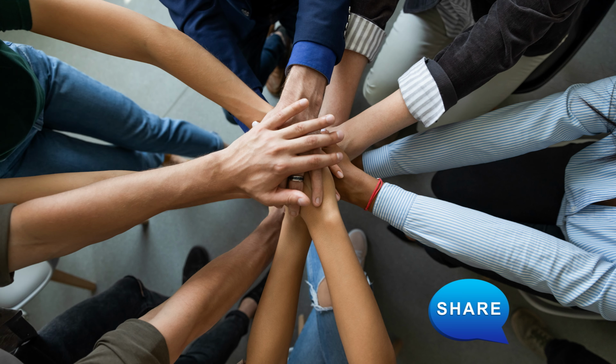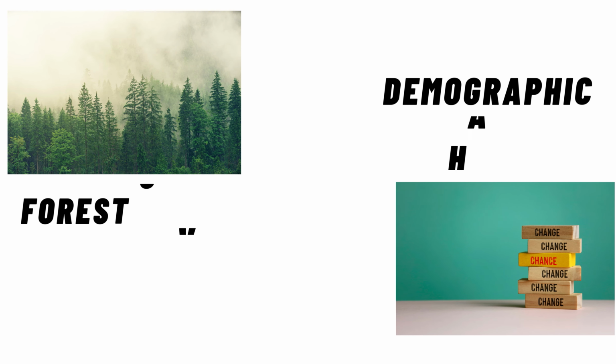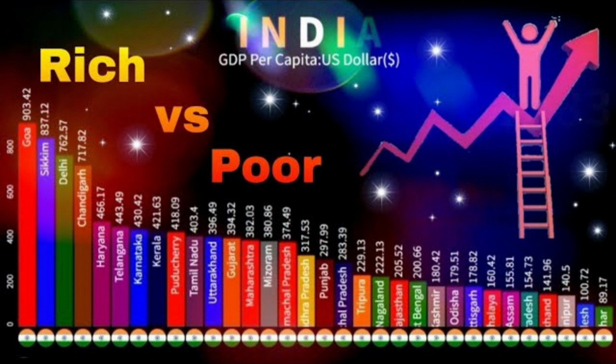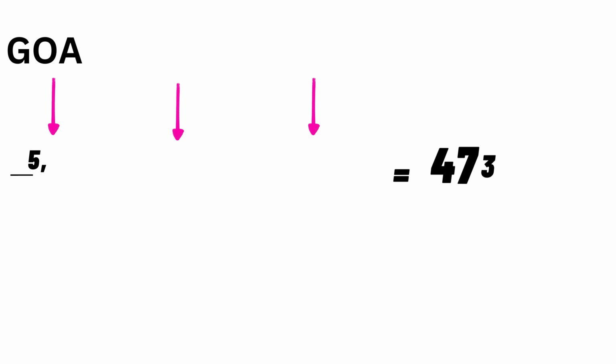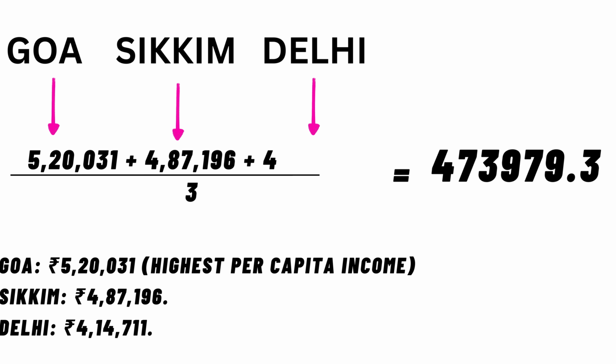The share of individual states in the centre's divisible pool of taxes is determined by a set of indicators that includes population, per capita income, area, and incentive-related factors such as forest cover and demographic change. Per capita income: it is the distance of a state's per capita income from a benchmark, usually kept at the average per capita income of the top 3 states, that is used as a determining factor. This distance criterion implies relatively larger shares for relatively lower income states.